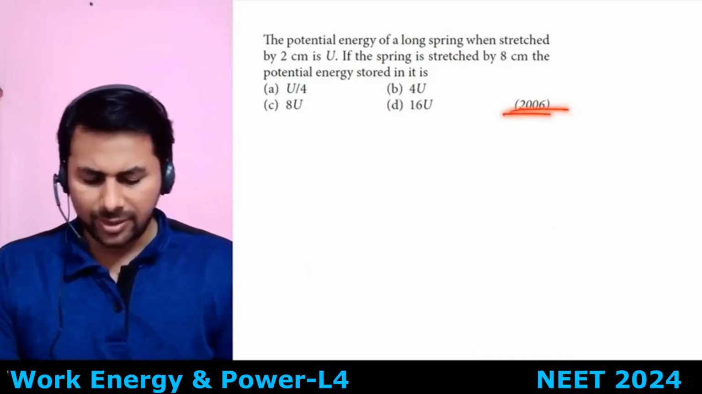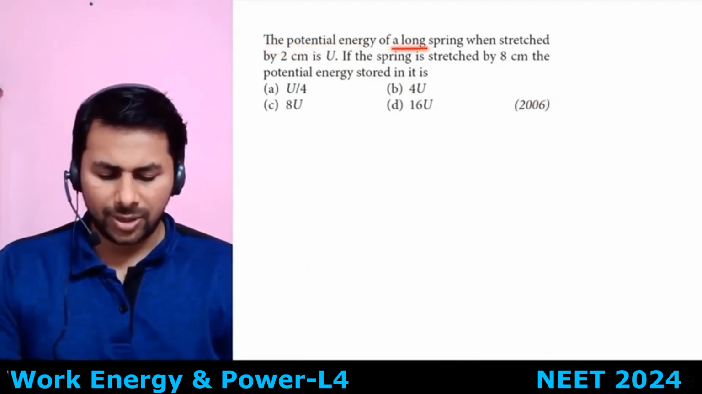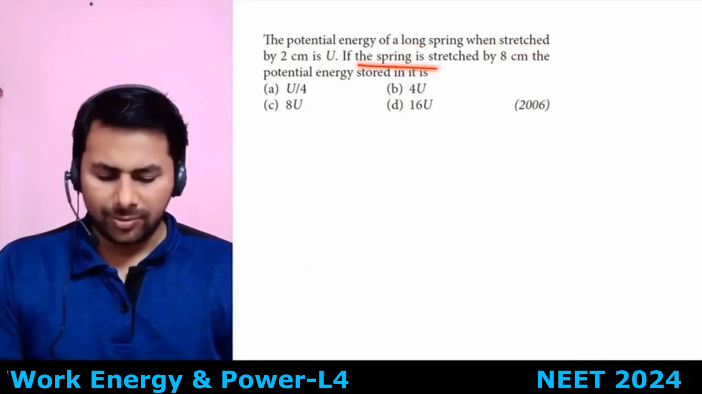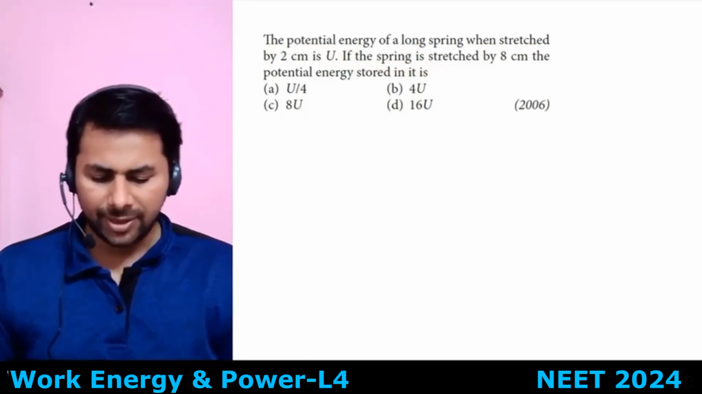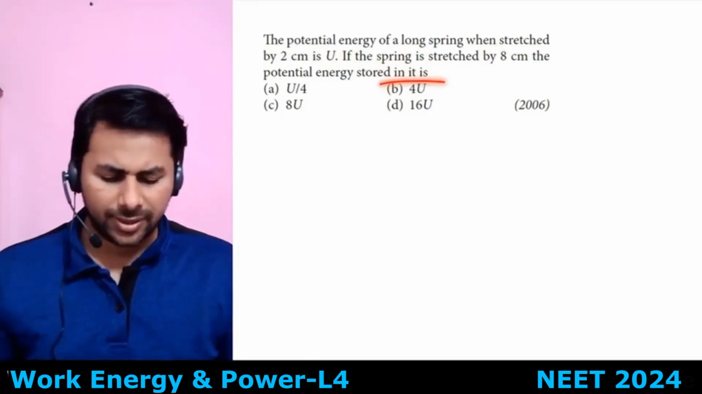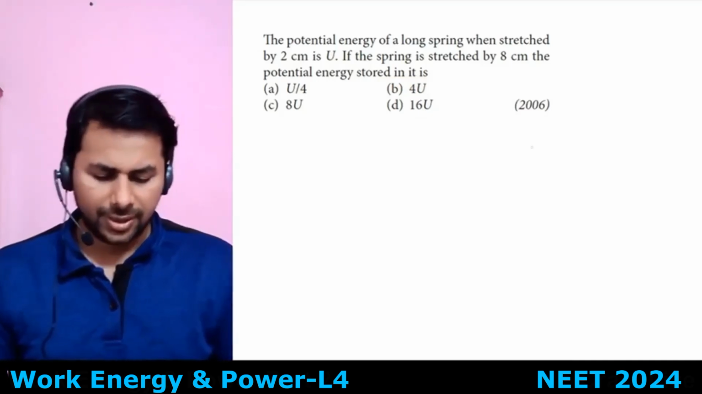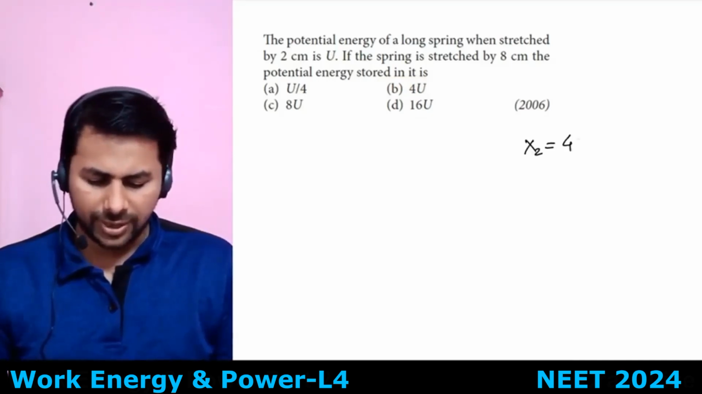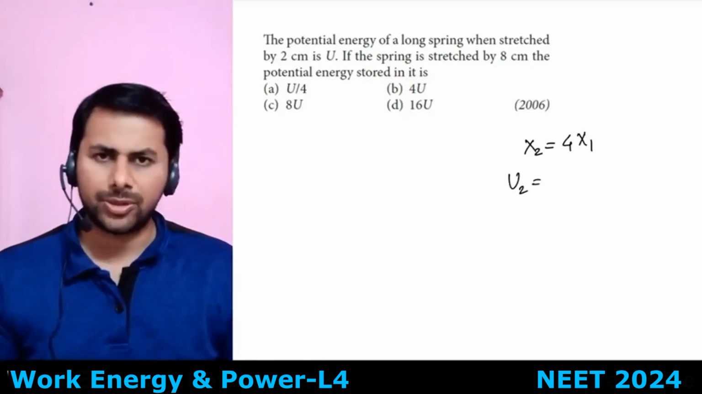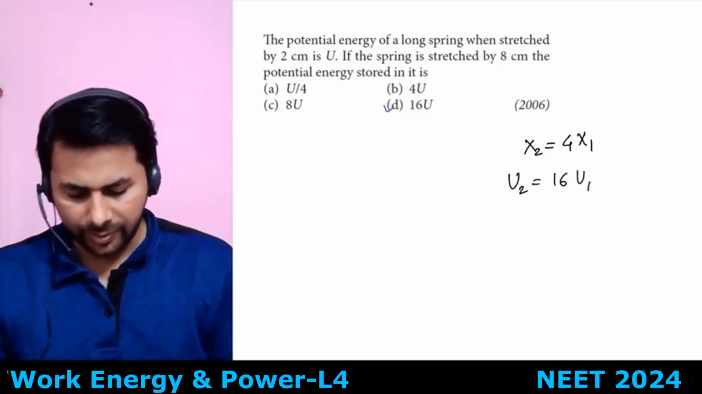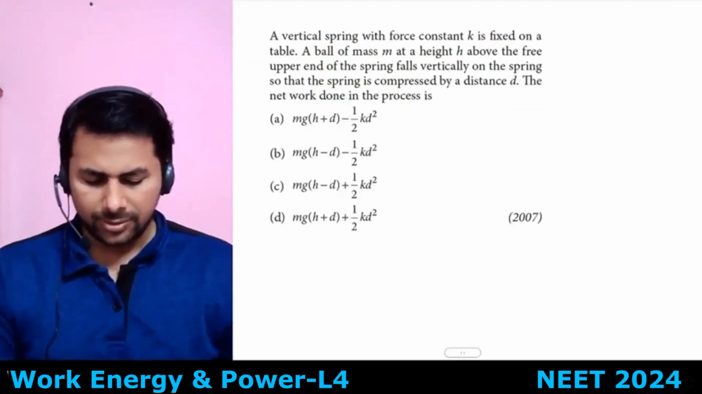This is kind of repeated. The potential energy of a long spring when stretched by 2 centimeter is U. If the spring is stretched by 8 centimeter, the potential energy stored in it is. So x2 is 4 times x1. Therefore u2 is, because it is directly proportional to x square, 16 times u1. Okay. Next one,